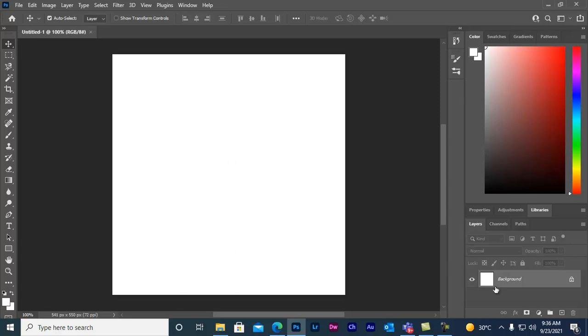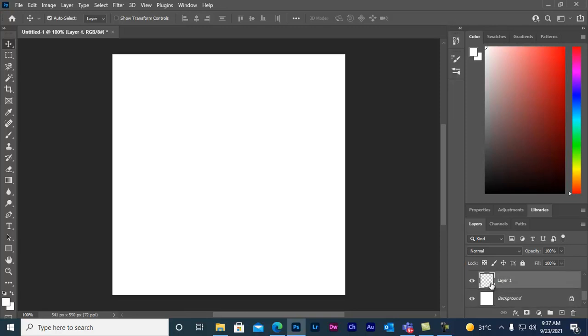Okay, and this is the layers panel. So here we'll place the layers. In Photoshop, this is the beauty of Photoshop: it handles images on different layers. It seems they are on a single page, but exactly they are not on one page. They are on different pages. So we will insert layers from here. See layer 1, layer 2, layer 3.